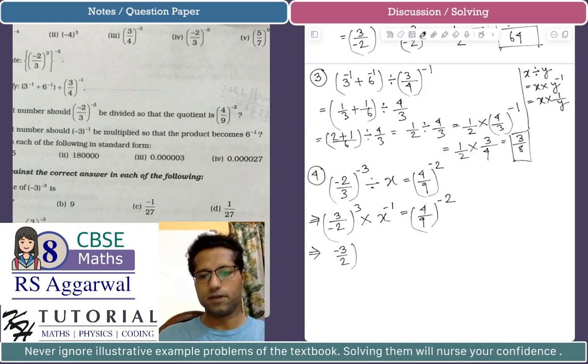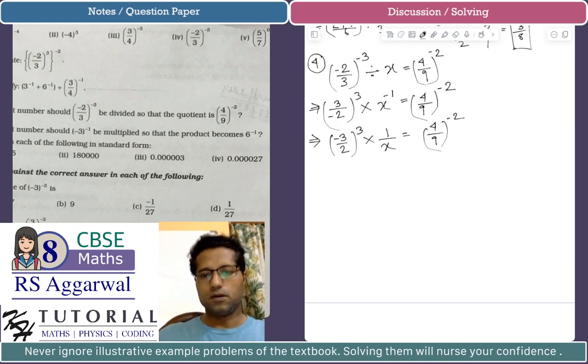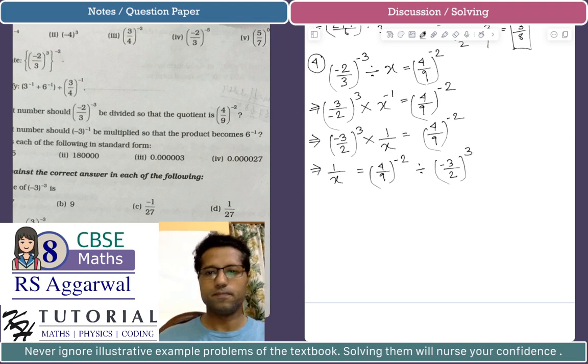If I convert 3 by minus 2 to have the denominator positive, cube. Now reciprocal of x is 1 by x, which is equal to 4 by 9 raised to the power minus 2. Now from here we get 1 by x is equal to 4 by 9 raised to the power minus 2 divided by minus 3 by 2 raised to the power 3. This is equal to